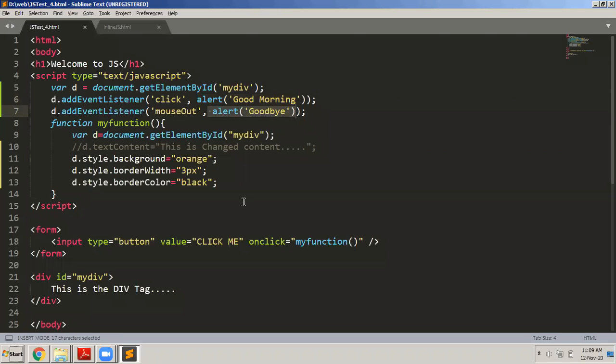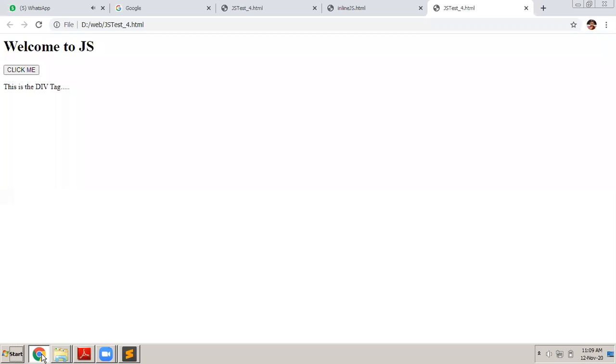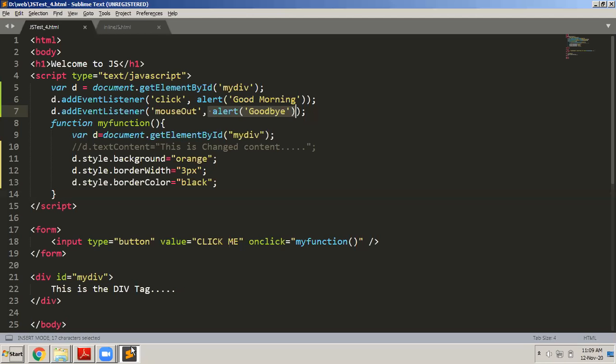We will continue this in the next class, less than a minute left. We will stop here today, and I will continue from the same example tomorrow. What I will do is I will try to do that. When I take my mouse over it and click it, it should display some message. When I bring the mouse out of the div tag, it should display some other message. So that is what we will attempt to do tomorrow.